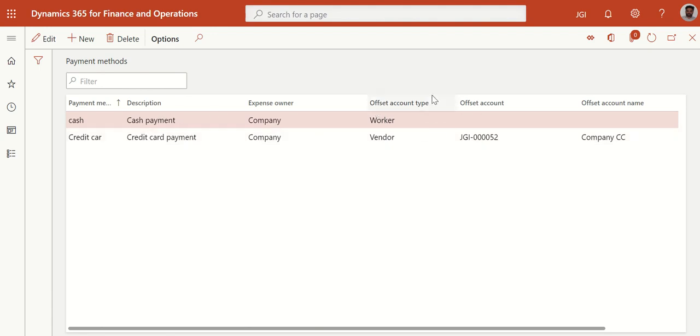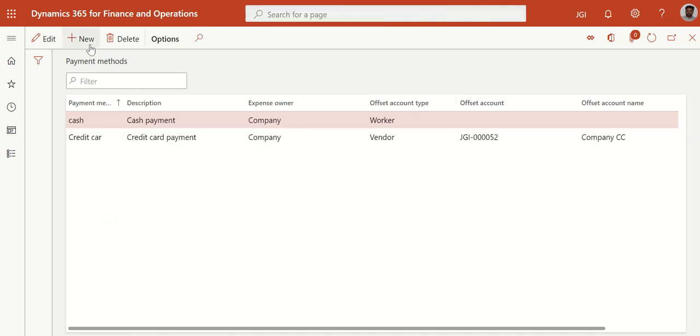So you can keep your offset type as employee and you don't need to set an offset account, so you can pay all the employees. But if you select your offset account type as vendor, then you have to select the vendor to whom the company is paying. For example, let's say Citibank is the credit card distributor to the company. So all the employees have a Citi credit card. You can set up Citibank as your vendor, and all the payments will be made directly to the Citibank credit card and not to the employees. So this is an important feature that you need to be aware of.